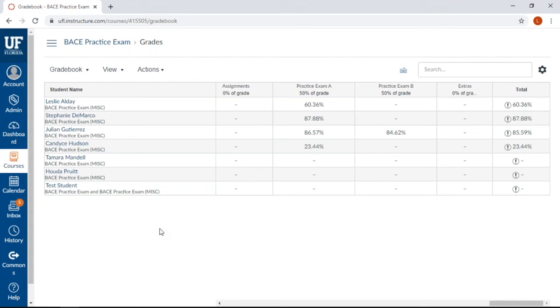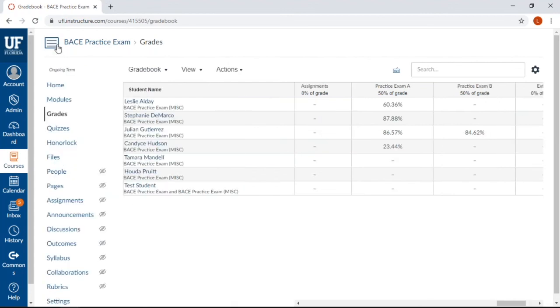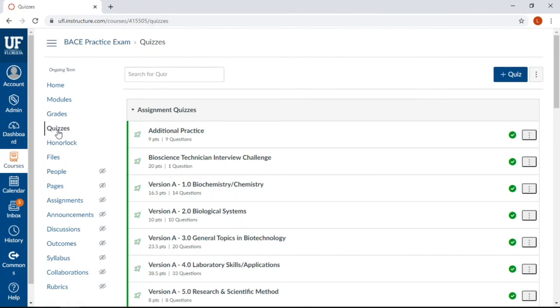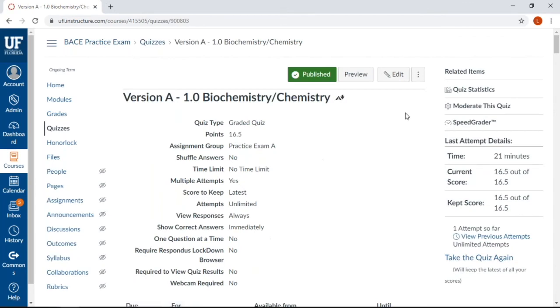To view the quiz statistics, click the menu icon and then click Quizzes. Select the title of the quiz you want to open, and then click Quiz Statistics.